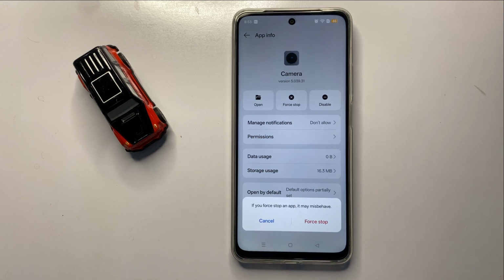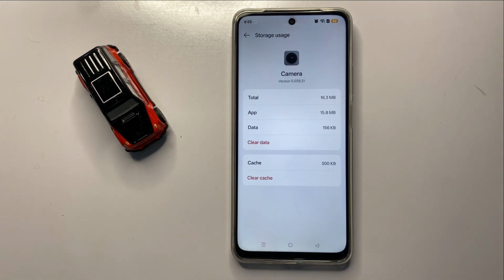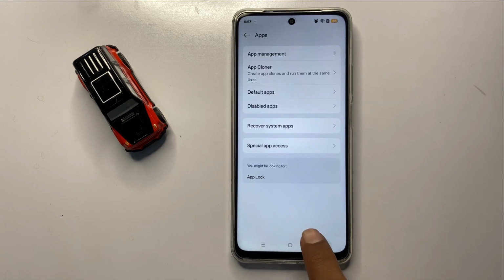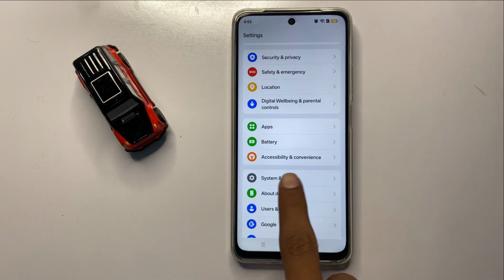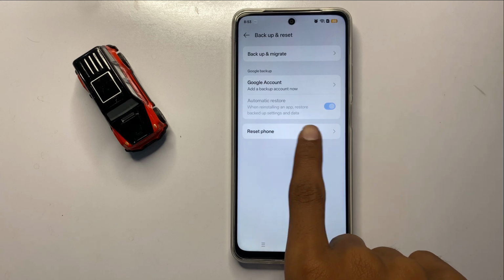After you force stop your camera, go back and click on storage usage and here you can clear the cache memory of your camera. After clearing the cache memory, go back and scroll down and click on system and update. Now click on backup and reset. Now click on reset phone